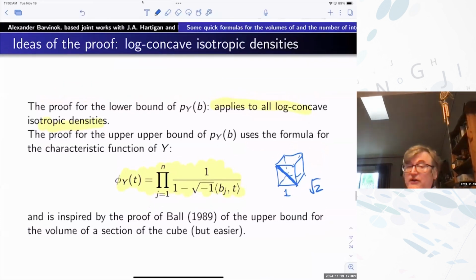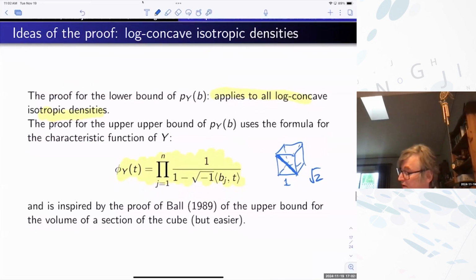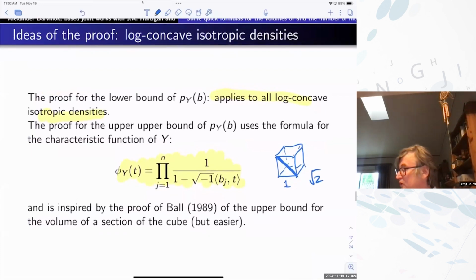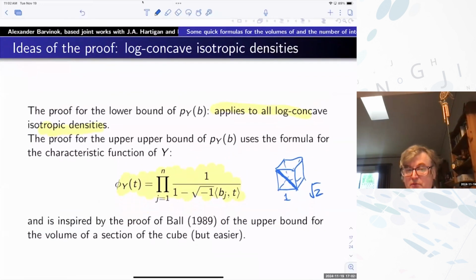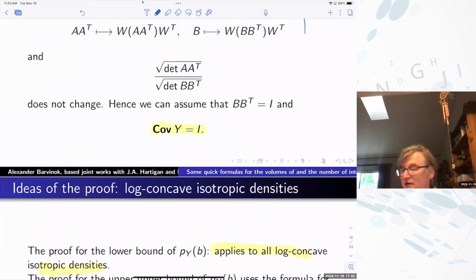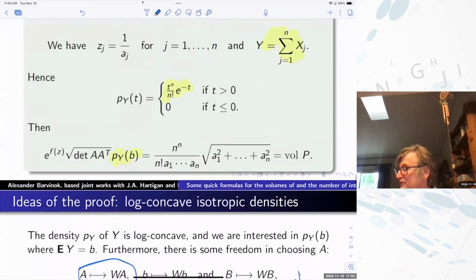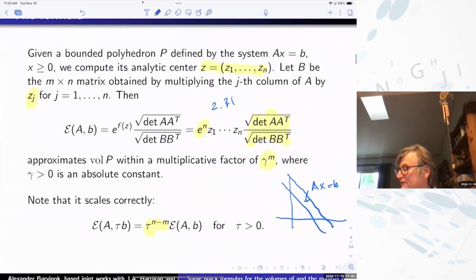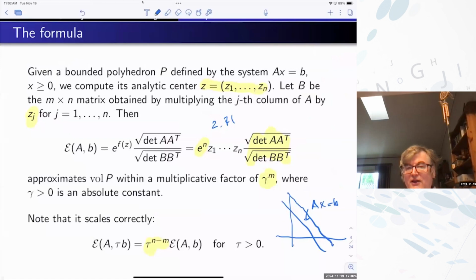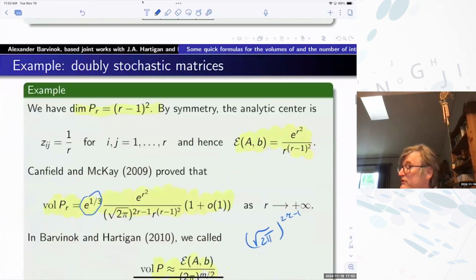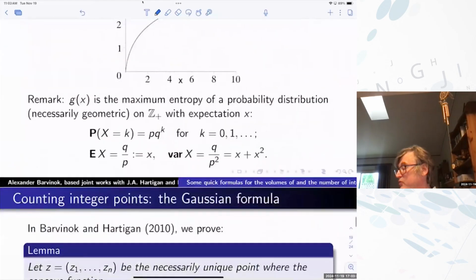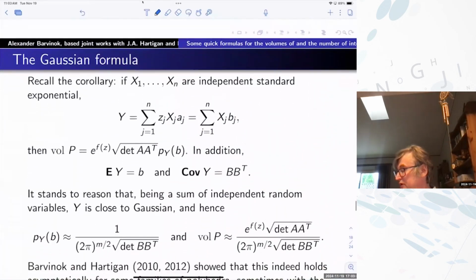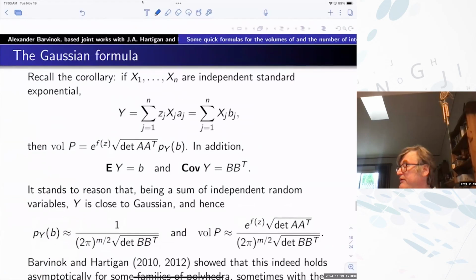Right. So that's basically the idea of the proof, for the volume and the volume formula, where it's coming from. So again, let's see, where's this? Again, I apologize if you feel dizzy. So that's the formula. So any objections? Okay, so I'd like to say something about more complicated issues. Oh, what I should have said, right.